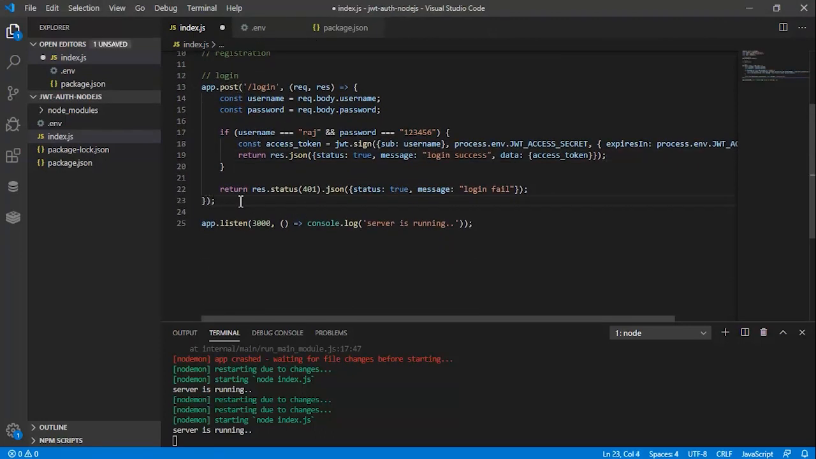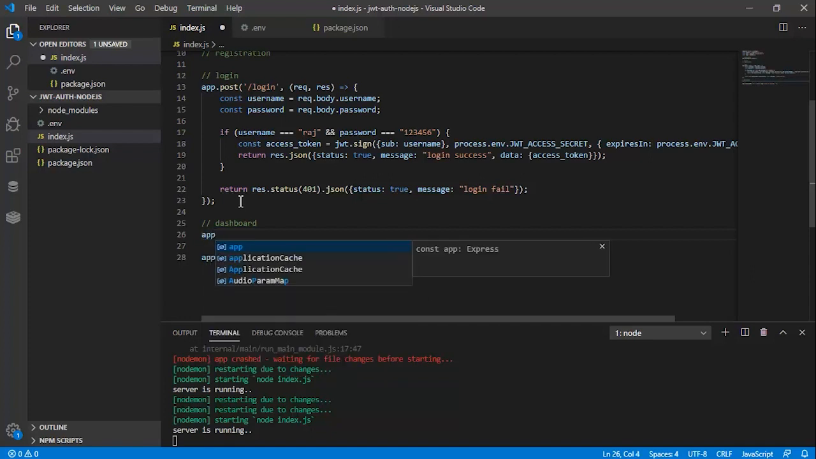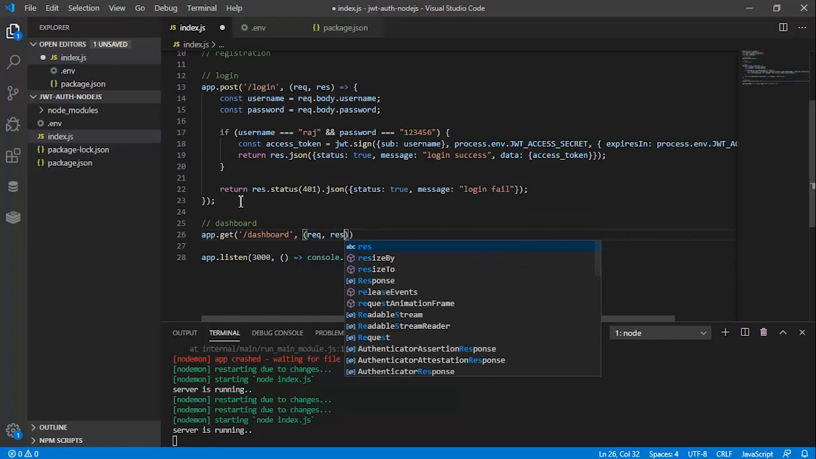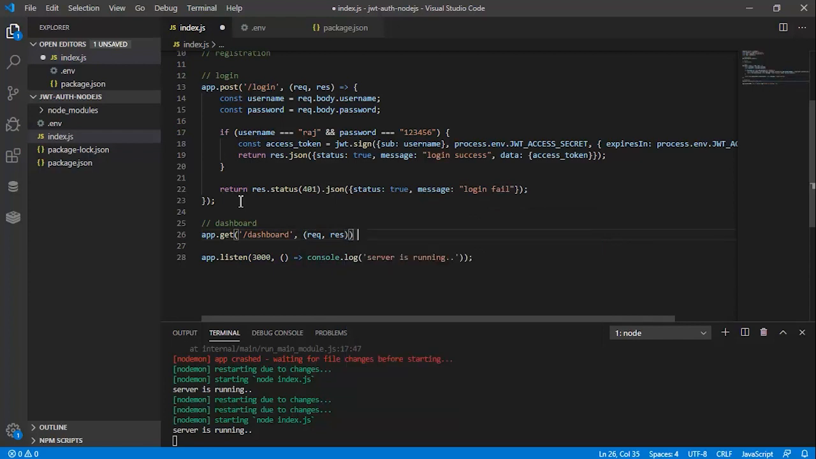let me first create a protected route. That will be dashboard. It will not be a page, but say you are sending back the dashboard JSON data. So I will use app.get, and the URL will be dashboard, and then again request, response and the fat arrow function. And here what we are going to do is